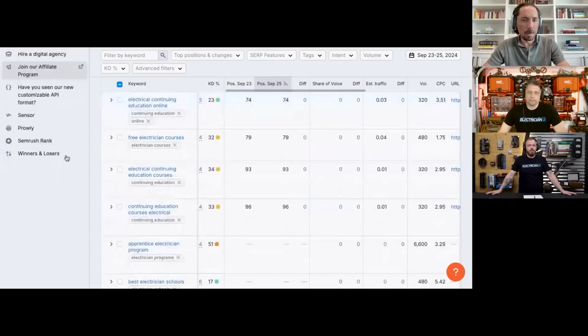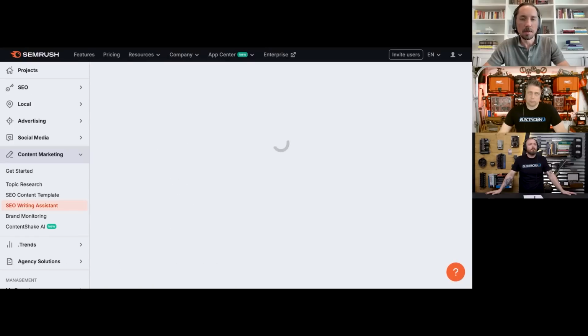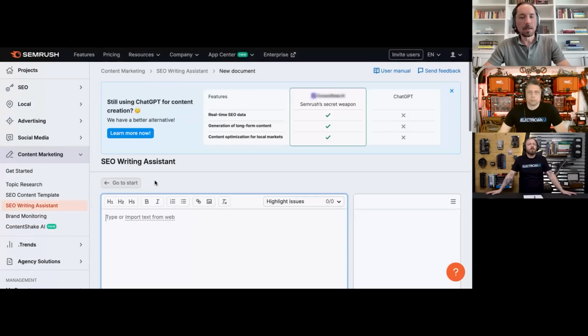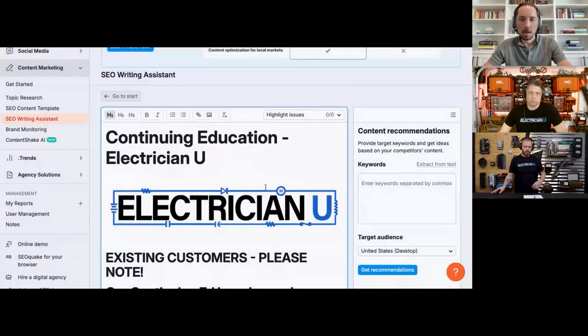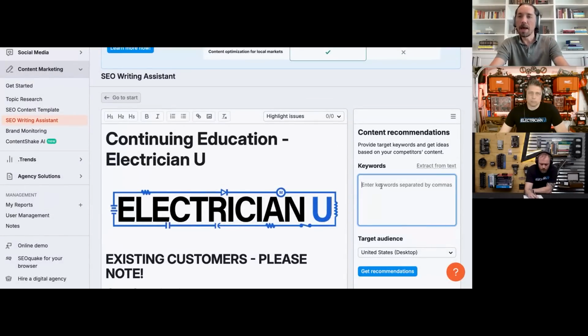So here's an interesting thing that I'm going to show you that these tools help with. I'm going to go to a different section. I'm going to go to the SEO Writing Assistant. And in the SEO Writing Assistant, I can analyze some text. So what I'm going to do here is I'm going to import this page, continuing education page, right? So it imported this text. Now what I'm going to do is I'm going to add the keyword that we're trying to rank for, which